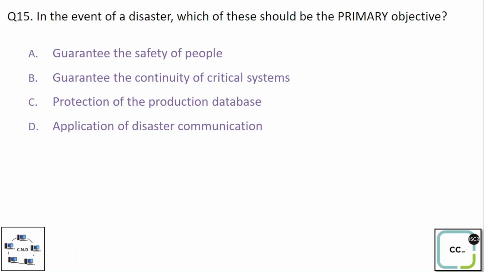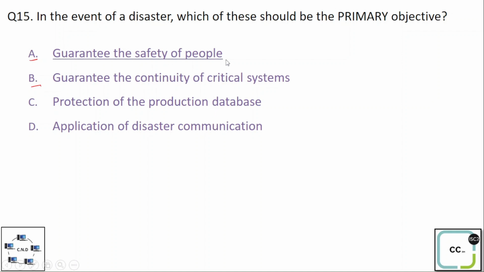Question number 15. In the event of a disaster, which of these should be the primary objective? Options are option A, guarantee the safety of the people. Option B, guarantee the continuity of critical systems. Option C, protection of the production database. And option D, replication of disaster communication. And the correct option is,